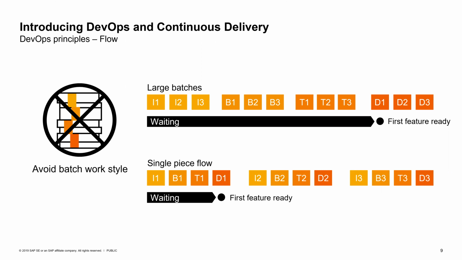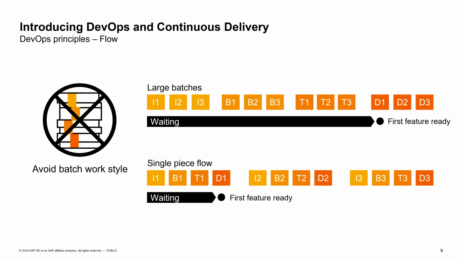So single piece flow is the opposite of that. The idea is to group it together, so have the ideation, the building, the testing, and the development put together. So your first feature is out much earlier. You can see, I mean, in this graphic, of course,